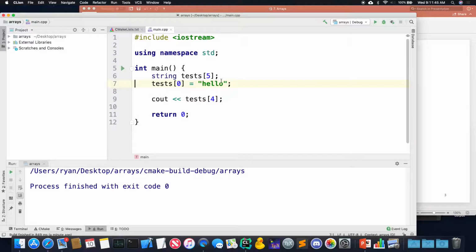Well, here it's a string, so a decimal in quotes would be fine because that's a string, but I can't put a double, for instance, into a string because those things aren't compatible. If I had a long array, for example, and I put an integer in, that would work fine. So it works exactly the same way. It's just now we have a whole bunch of variables at the same time wrapped up into one thing. Other questions?